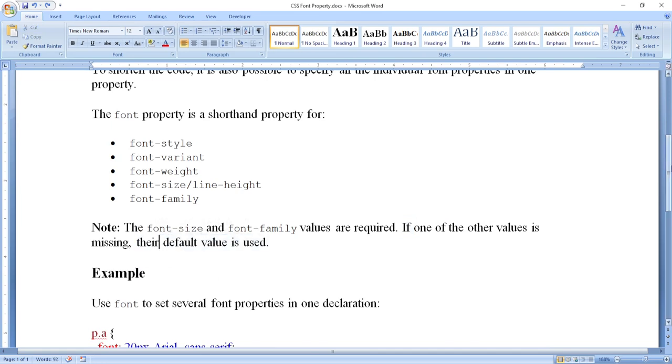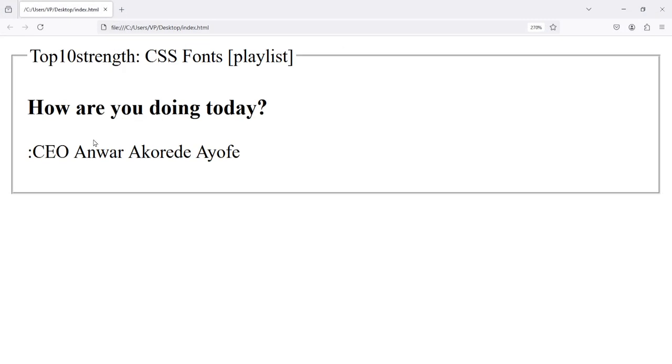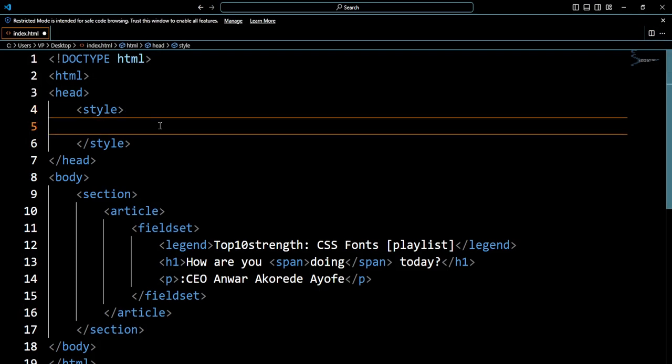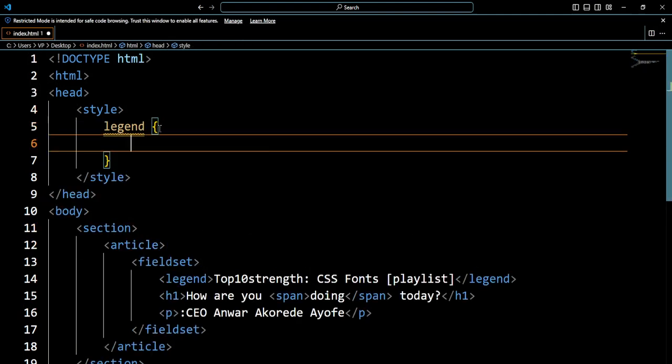So I'm going to be exploring this for you so you can see how it works together. Let's get back to our document. This is our document right now, and I want to do something with it. Let's select our legend element, the one we want to work with right here. Let's select it like that and give it